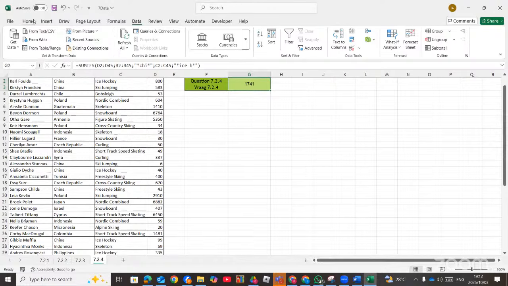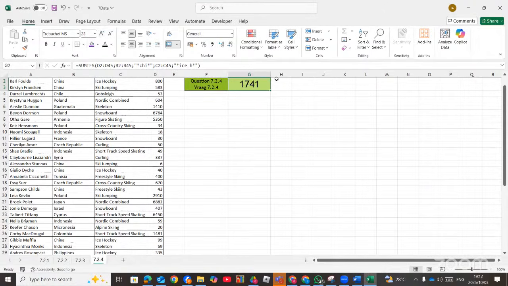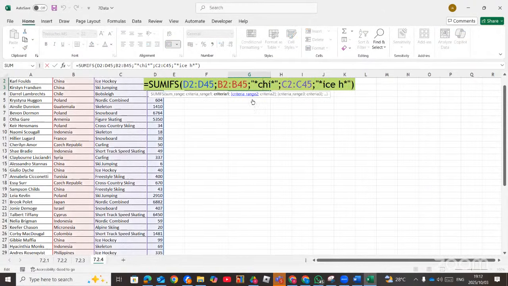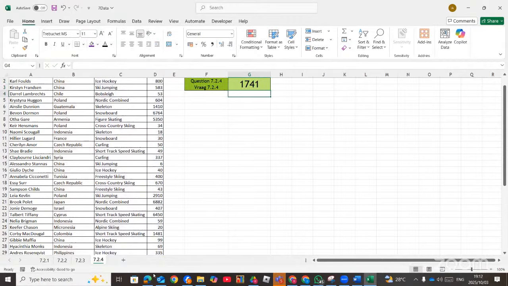Don't forget, please, to make use of the wildcard, the asterisk. It makes your life easier. So instead of us to type China, we put a star, CHI star, and then ice hockey. I start with the first 3 letters. You can use the first 3 letters or first 2. And then we have star before and then the star after, or asterisk. Right. That brings to an end of spreadsheet questions regarding Gauteng province. Now let's move straight to the second province,